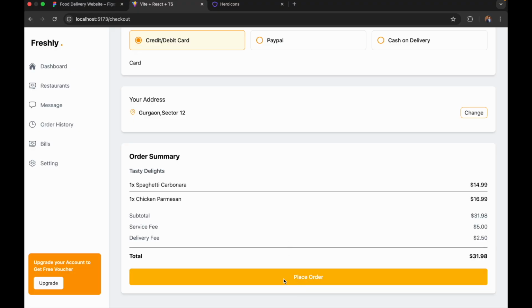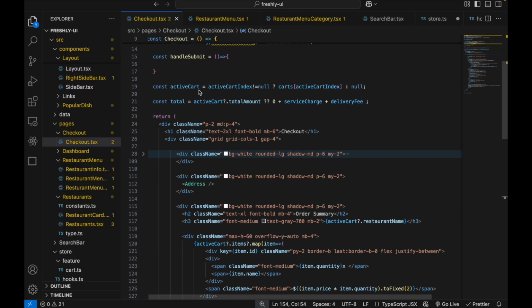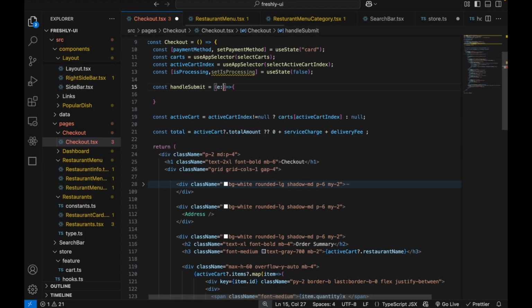Okay, now on handleSubmit, we will go to that payment section. Basically, if the payment is selected as cash on delivery, then we will directly place the order. And if it is not, then we will go to the payment page, complete the payment, and then we will place the order. So now in the handleSubmit, let's add here React dot